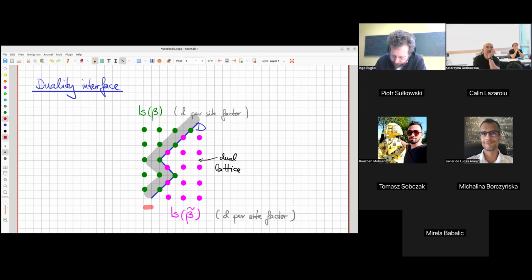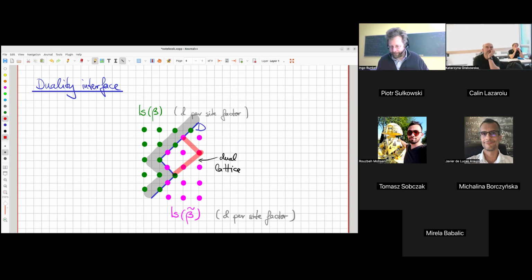So you can take this interface and make it walk another way, like this. By doing this, the interface will transform the original lattice into the dual lattice, and it'll change the interaction for temperature beta to the interaction for temperature beta tilde. That's quite fascinating if you see it for the first time: this Kramers-Wannier duality between a high and a low temperature Ising model, you can connect by a tensionless defect exactly on the lattice.